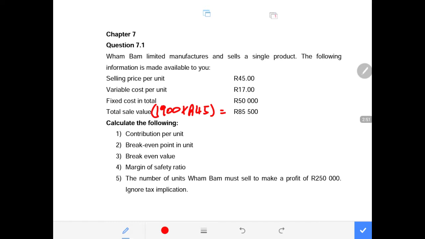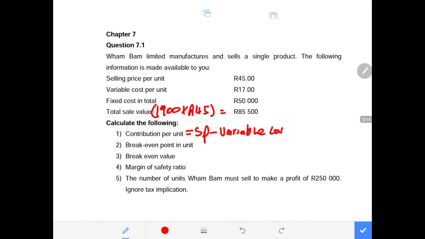Then we have the requirements, which is to calculate the contribution per unit. Now, contribution per unit is selling price minus variable cost. It is selling price minus variable cost. All the costs that are variable must be taken into account in order for you to get to the contribution